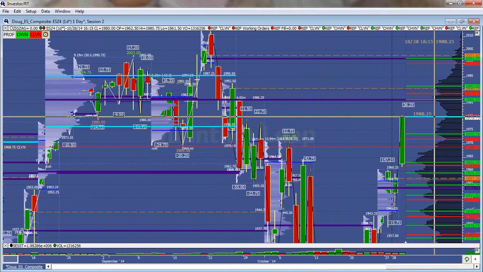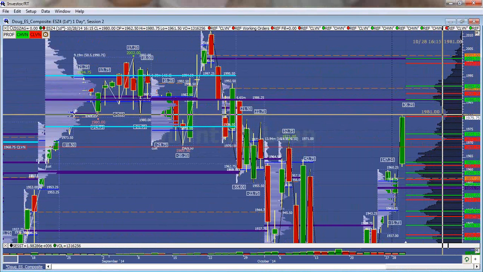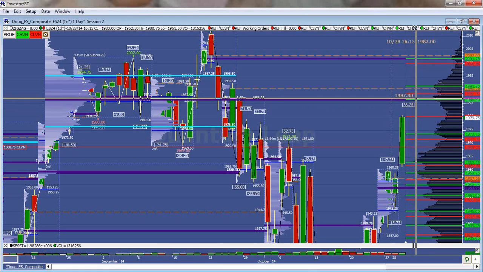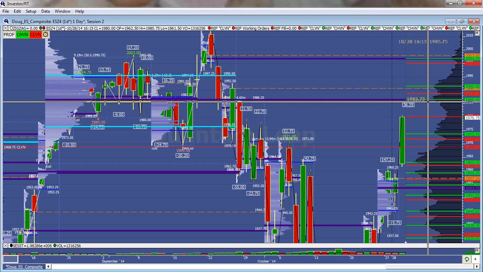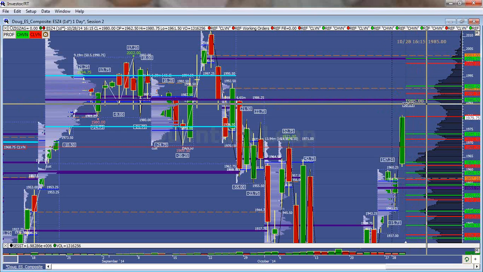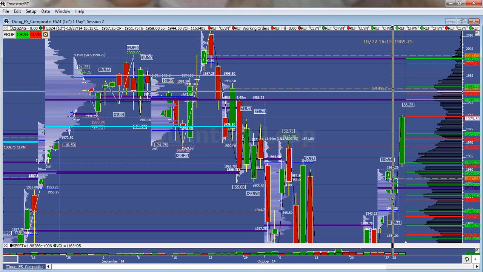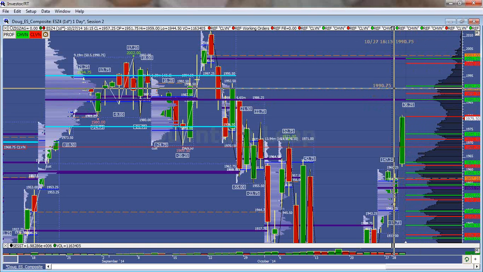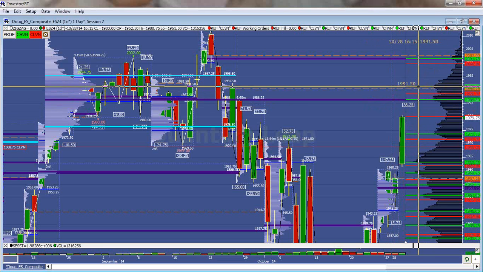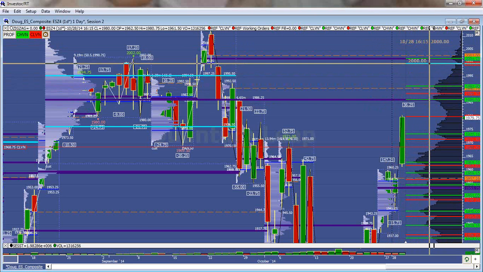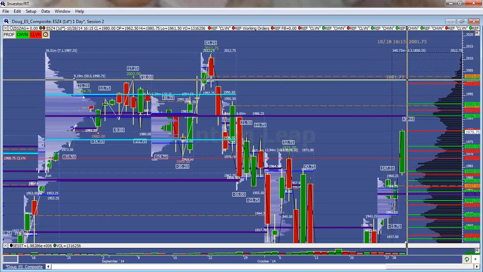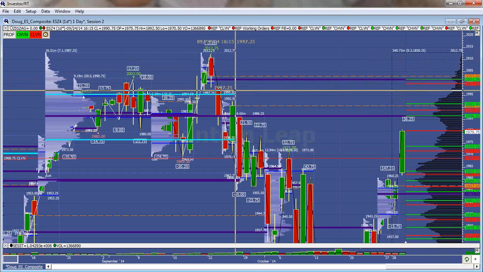If we can get above that, then I'd be looking for the move this morning, the continuation up to the 86.50, and then chop in this area until FOMC, and then extended targets if the FOMC meeting is strong. You've got the naked close here at 90.75, 91.50 CHVN. The big resistance will be up here at 95.50. Anything above 95.50, I think we test the 2000s.